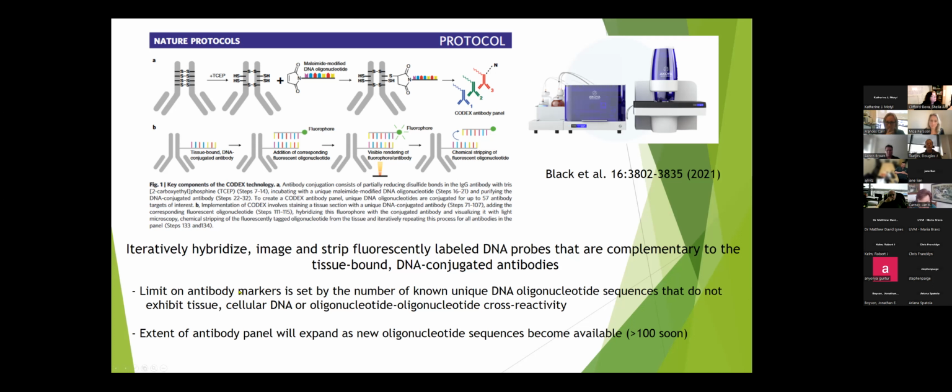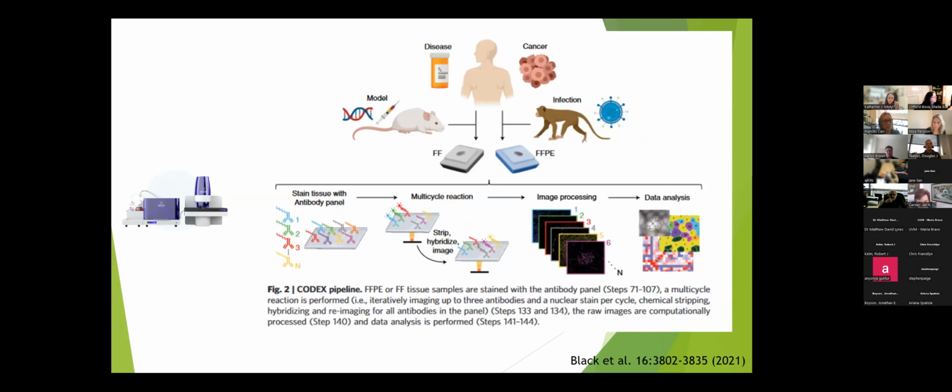The limit on antibody markers is actually set today by the number of known unique DNA oligonucleotide sequences that do not exhibit tissue, cellular DNA, or oligonucleotide cross-reactivity. Today, it's around 60 available antibodies, but the panel is expanding as new oligonucleotide sequences become available. And the belief is that there'll be more than 100 unique probes available in the near future. So this system really works